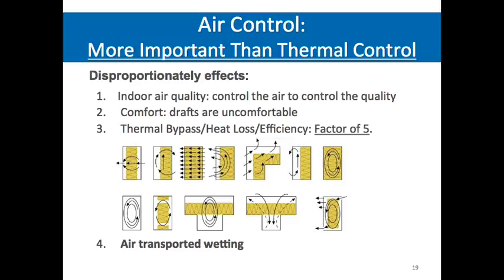Comfort. Drafts are the leading cause of discomfort, and then they need to be overcome with mechanical systems. Thermal bypass through air infiltration, convective loops, wind washing that degrade the insulation values by as much as a factor of 5, like a sweater without a windbreaker on a cold, windy day, and air-transported wetting. Air leaks and air-transported wetting are the biggest liability after bulk water, a much bigger liability to the enclosure than